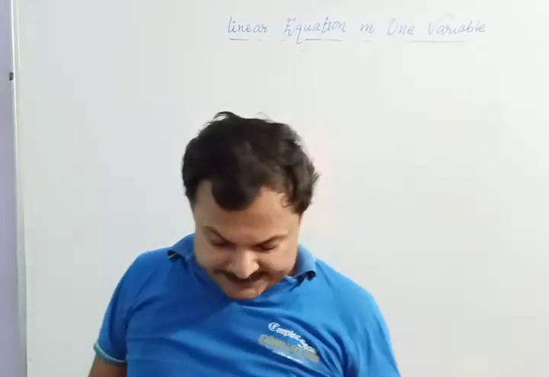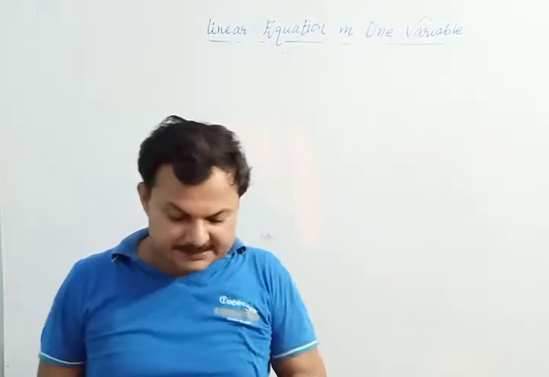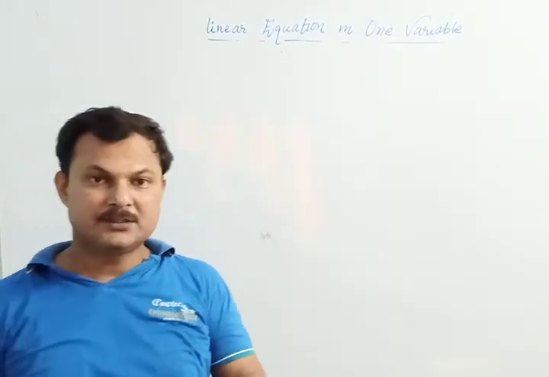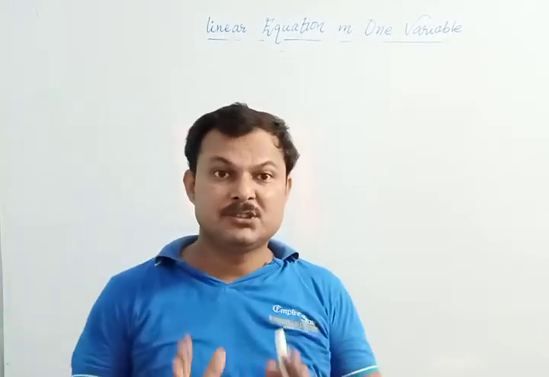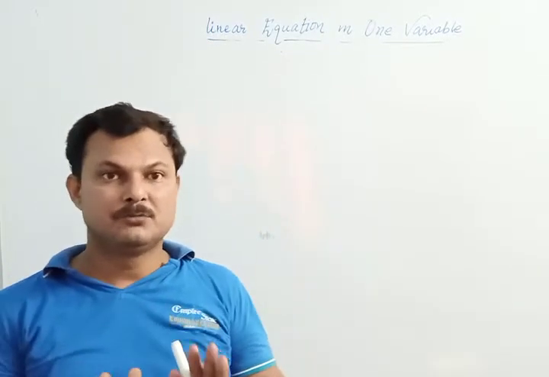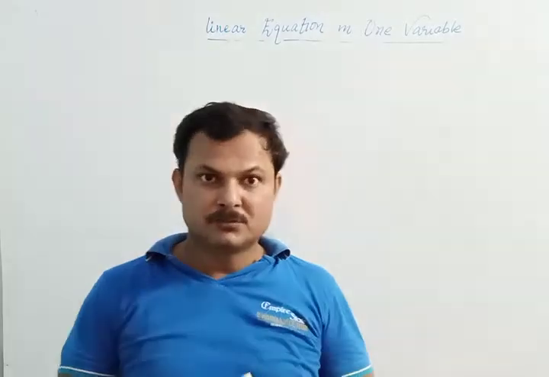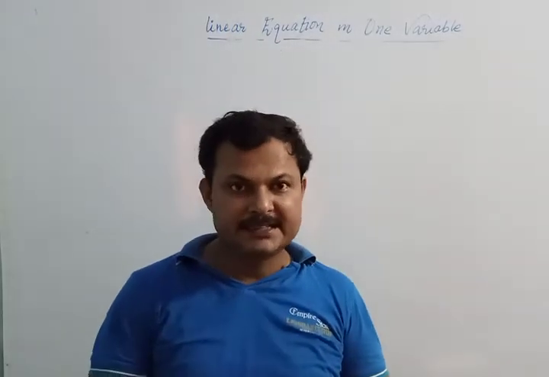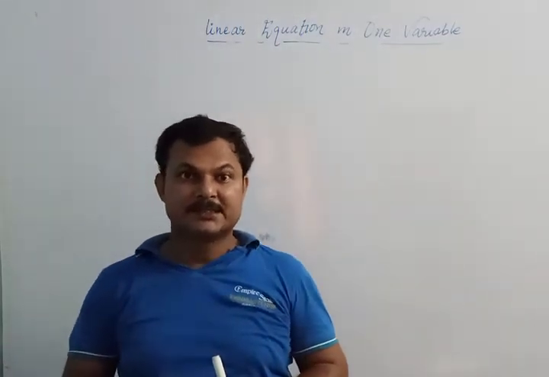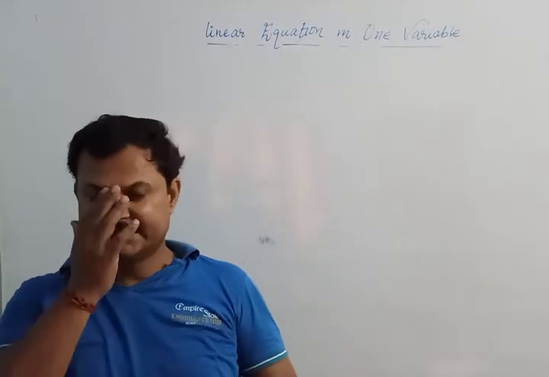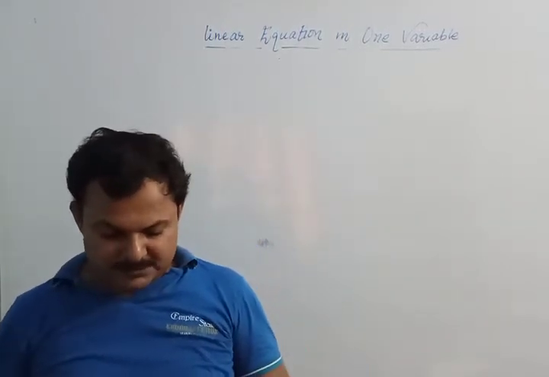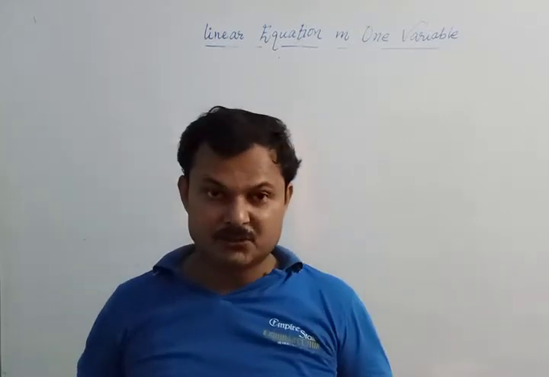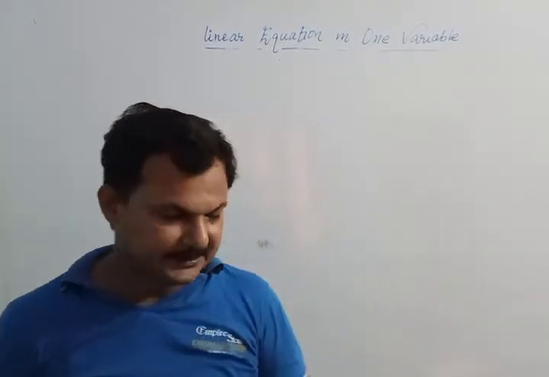The ages of Hari and Harry are in the ratio 5:7. There are two friends, Hari and Harry, whose ages are in ratio. Ratio is the simplest form of two quantities in the same units. The ages are counted in years. So Hari and Harry's ages are in ratio 5:7. Four years from now, the ratio is 3:4. So find their present ages.